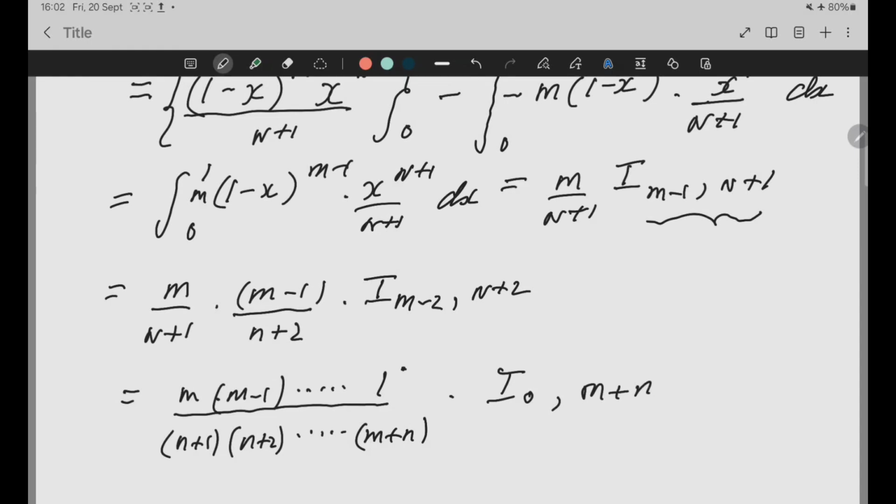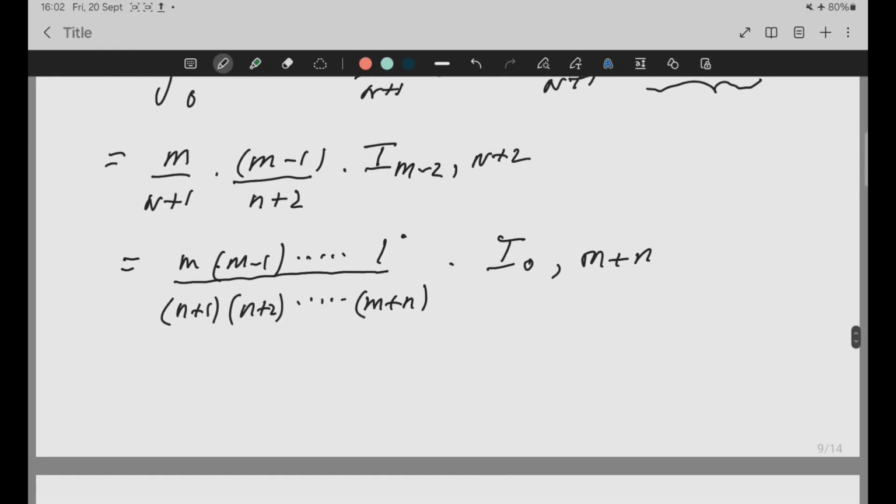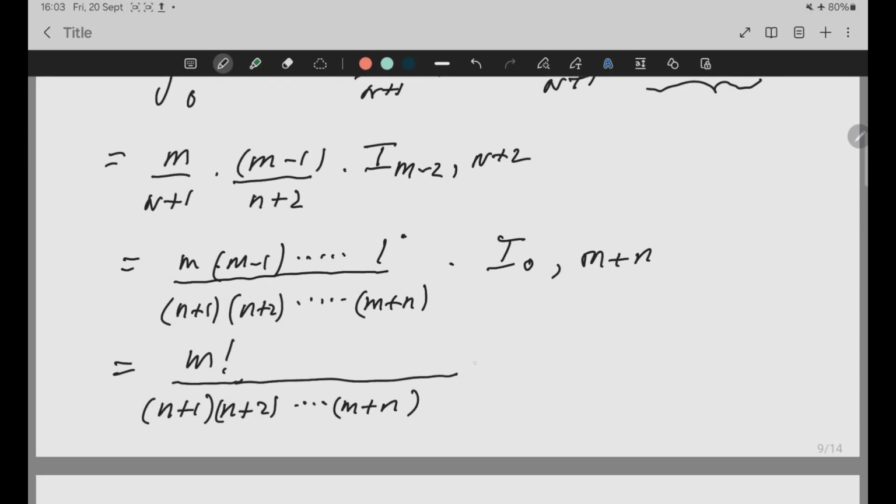So now all we need to do is work out what that last integral is. But first of all, we'll write this down as m factorial over n plus 1, n plus 2, and so on up to m plus n. And the integral part,